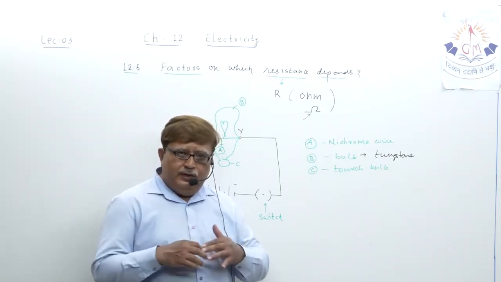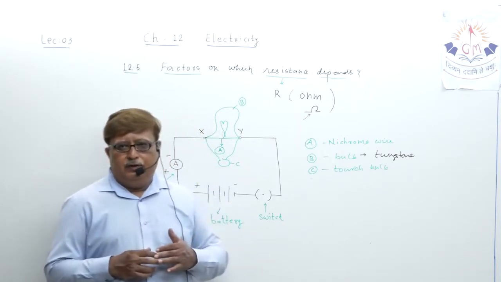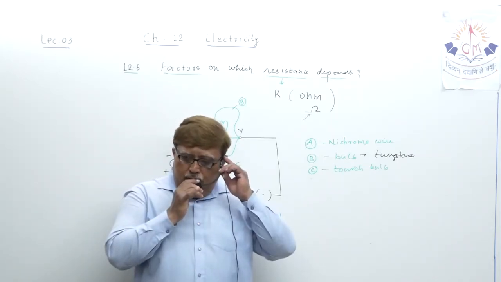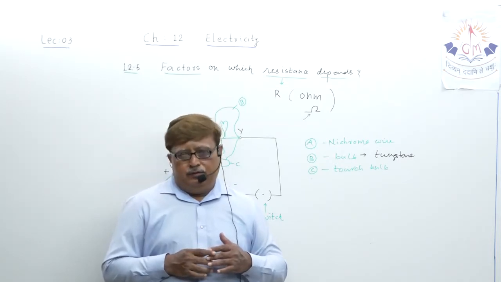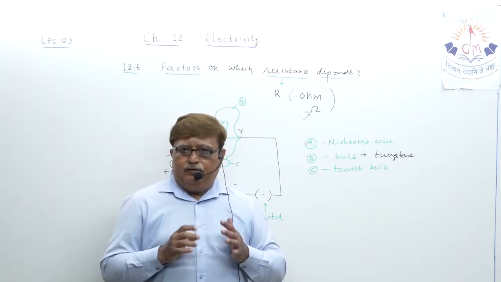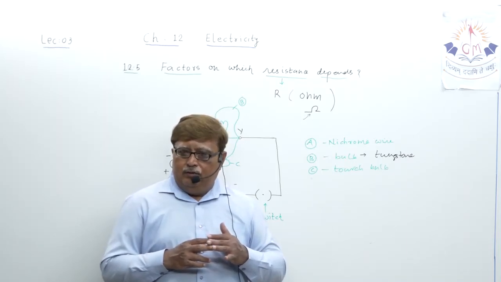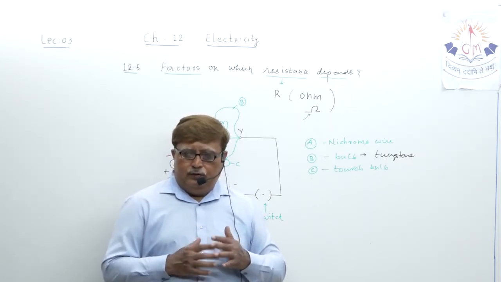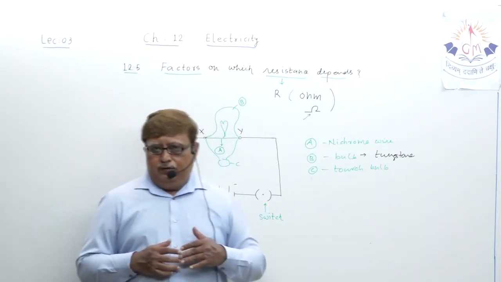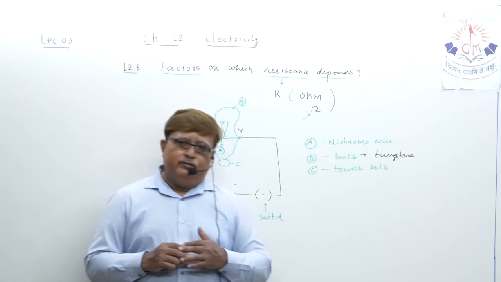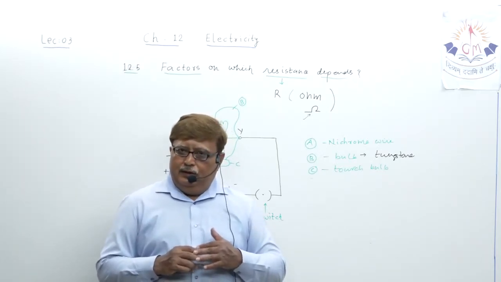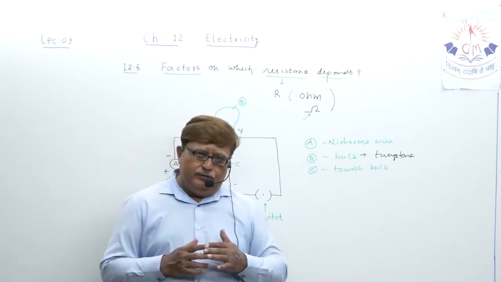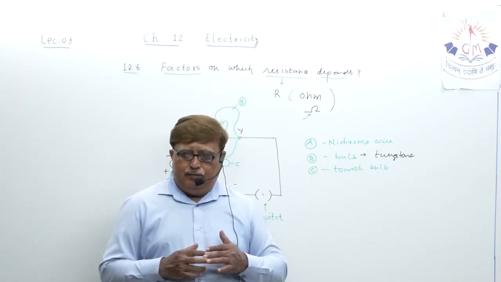Understand? And from that the concept of resistance became clear in the mind of the scientist, that there must be some opposing force present which actually restrains the motion of electron or electric current inside the conductor, and that particular opposing force, I must tell restricting force, is actually given the name resistance. Understand? Okay.